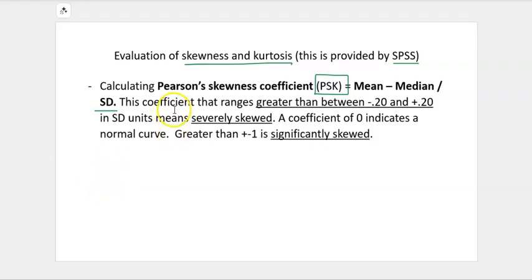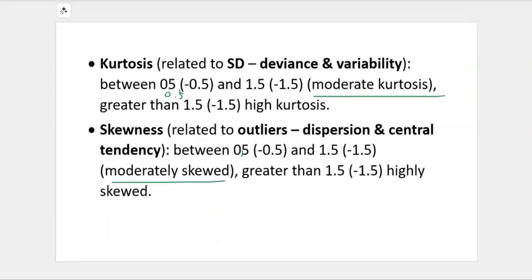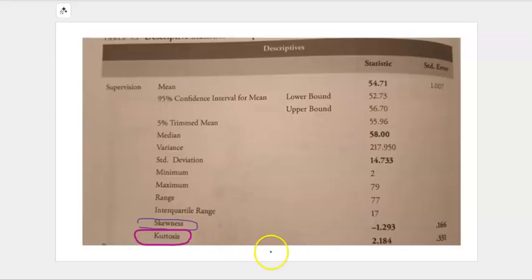If this coefficient is greater than plus minus 0.2, you will consider that as severely skewed. If that coefficient is zero, it indicates a normal curve, and greater than plus minus 1 is significantly skewed. So you will consider whether this coefficient is between plus minus 0.2. Okay, and then here you can see that